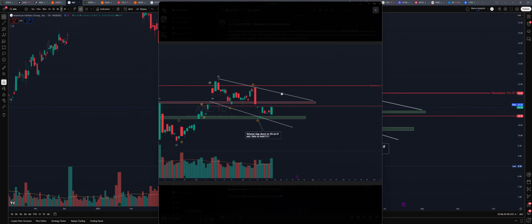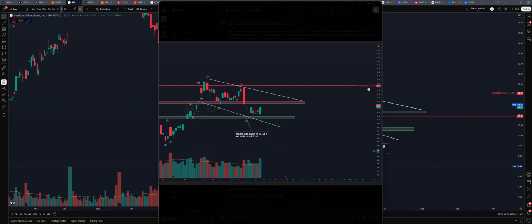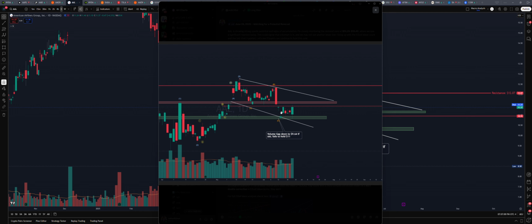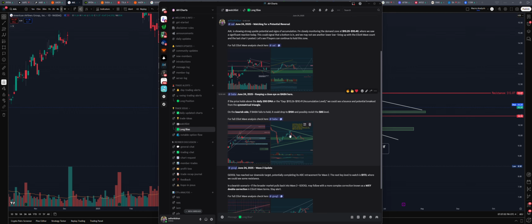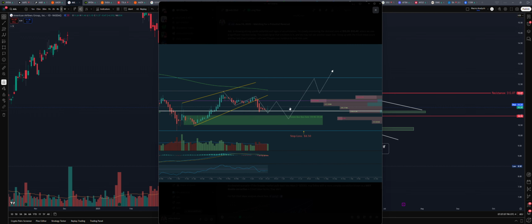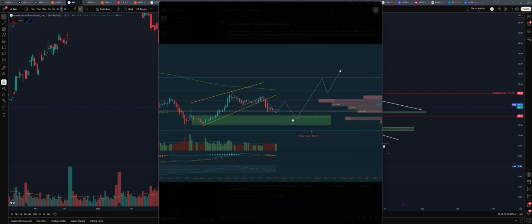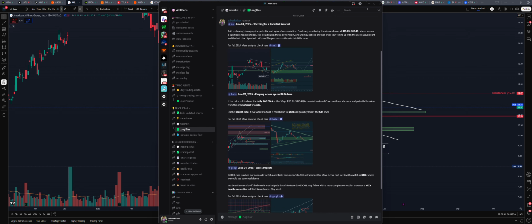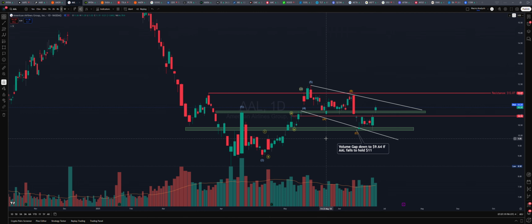we got today. Now I want to see us break out and above 12.07. Now you could have been buying here. I did not, because I thought we would have seen a rejection at this level here and probably come down back lower. So I'm still watching to see what's going to happen with American Airlines. I think you might see something like this. This is what I thought we would have had. A spring created, and then we start moving to the upside. Right now, we're just holding that level, this support level of 10.47, and we're moving to the upside, kind of like what's going on right now.